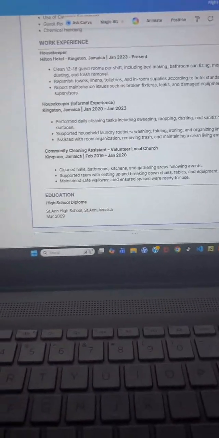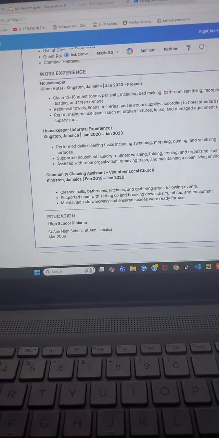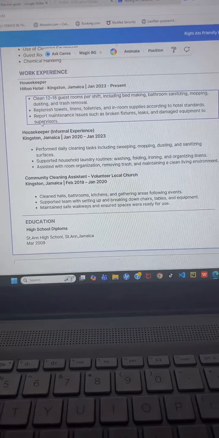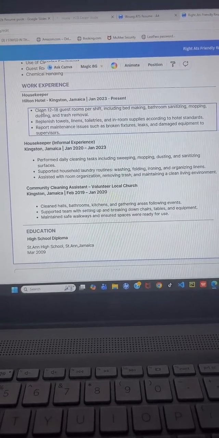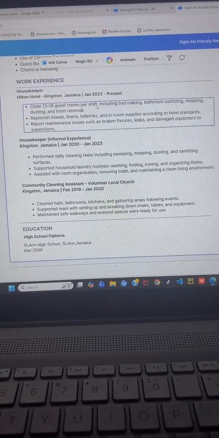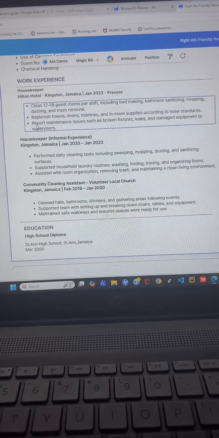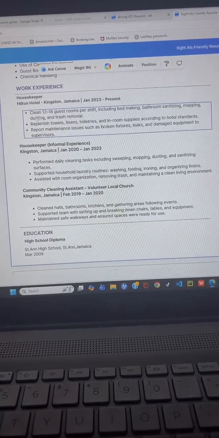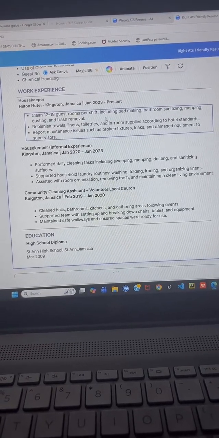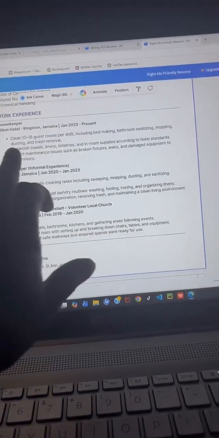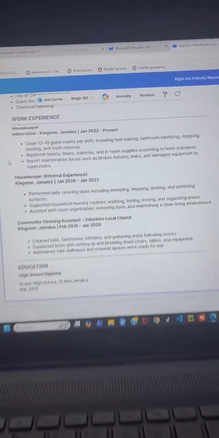Okay. Alright, so like I said, for your bullet points, ensure that you're using 3 to 4 bullet points for your job duties. Ensure that you're starting with action words like clean, replenish, report. These are good to put on your resume. Ensure that it's not like a paragraph for each bullet. Just use one sentence like this. Ensure that it fills the space, no white space, and it looks professional.